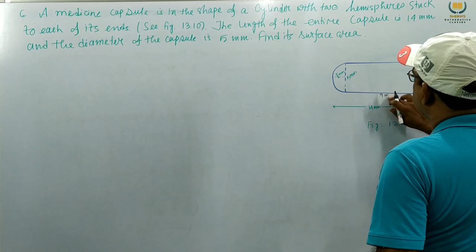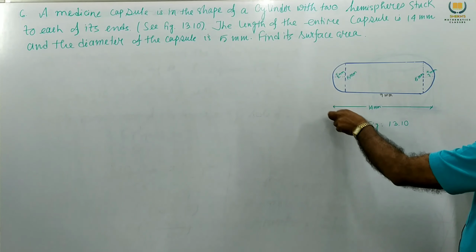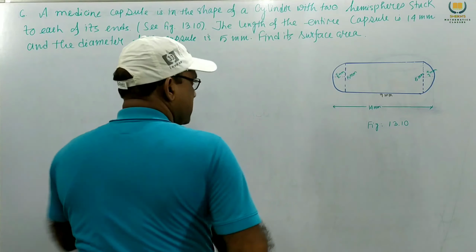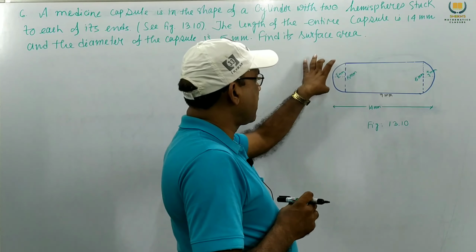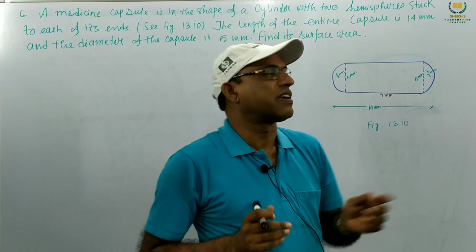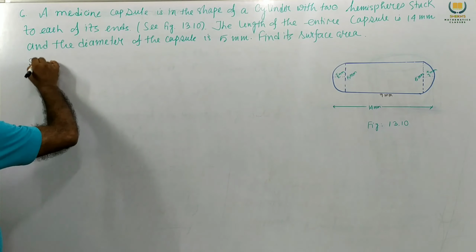9 millimeter we get, and this whole length is 14. Now we have to find surface area. Surface area means the cylinder surface and hemisphere surface. If we add both of these, then we get the required surface area. So solution,